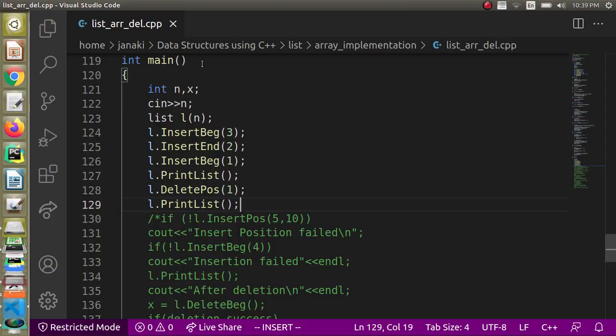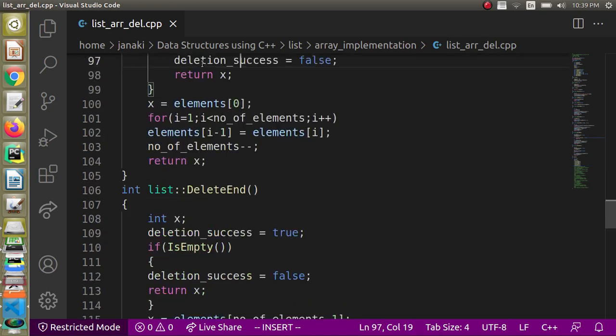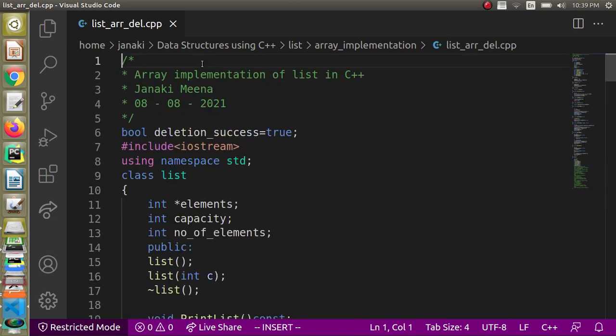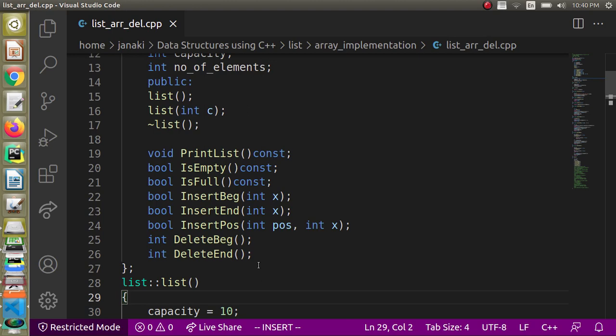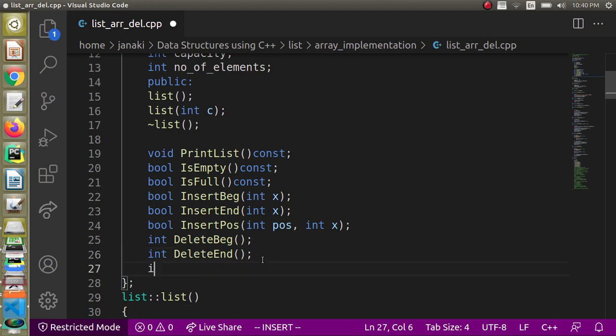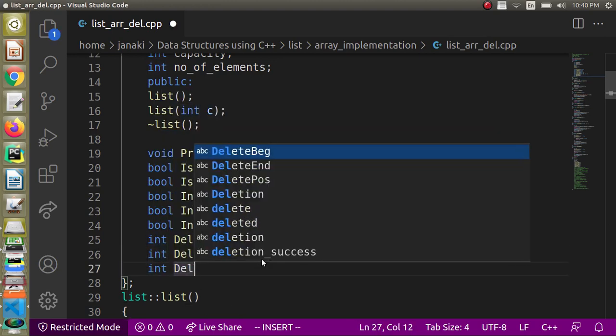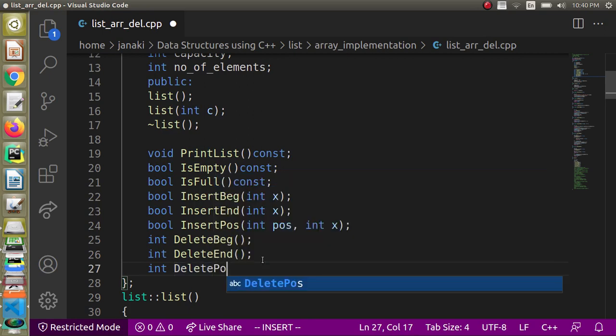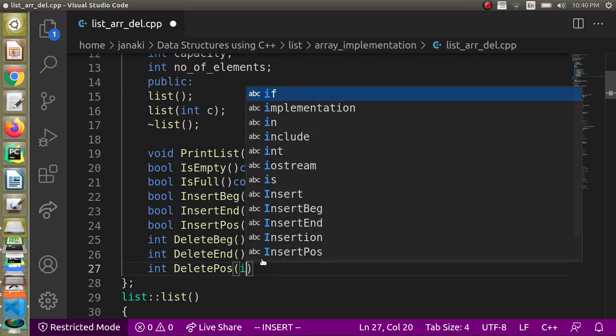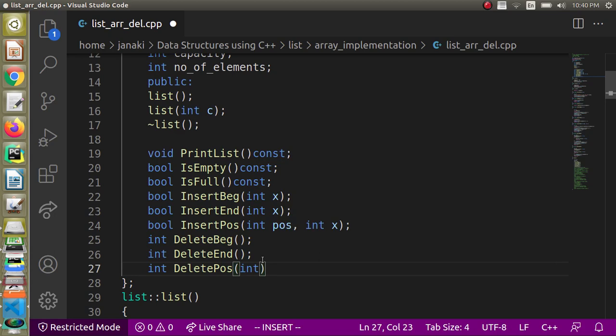Okay, so now let us go to the implementation, and this is a C++ implementation. Also recall that we have a boolean variable to indicate the success of the delete operation. It's a global variable and we have initialized that to true. Now we will add one more member function, int deletePosition, and we are going to send the position also as an argument.